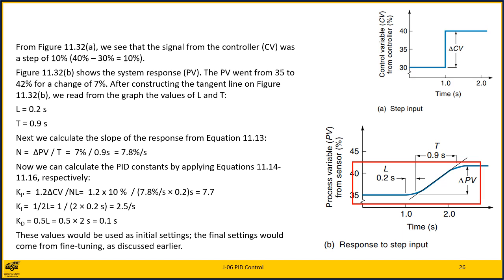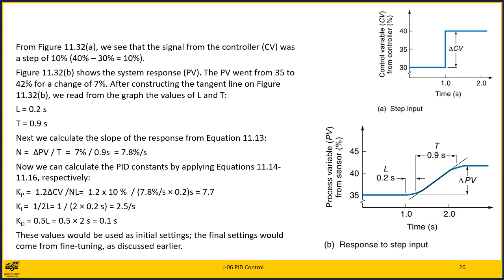After constructing the tangent line on figure 11.32b, we read from the graph the values of L and T. L is equal to 0.2 seconds and T is 0.9 seconds. Next, we calculate the slope of the response from equation 11.13. N is equal to delta PV over T, or 7% divided by 0.9 seconds